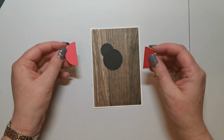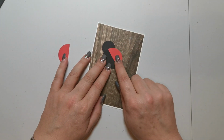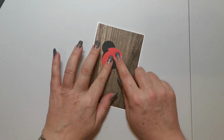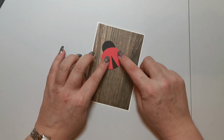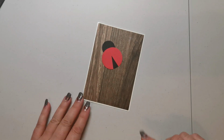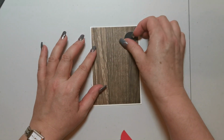So there's my card base. Now what's going to happen with these is that that's going to sit there like that. So it just goes on top, and it's within that black circle. And then with the other one, you're going to overlap it slightly so it looks like the wings are open, and then you've just got this V here. So that's how we're going to stick that down, and then we'll put the little spots on afterwards, and then we'll put the antenna on, and then we're going to have a sentiment at the bottom. So let's put that on there